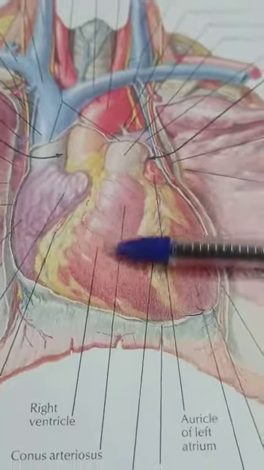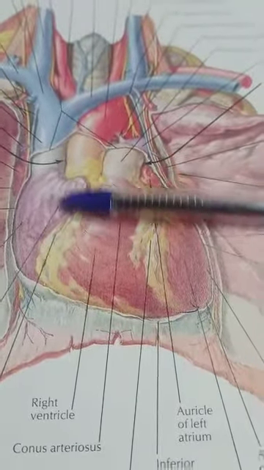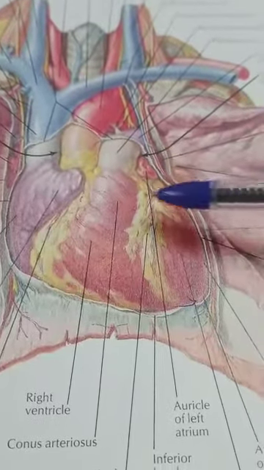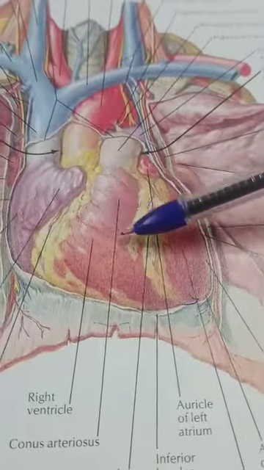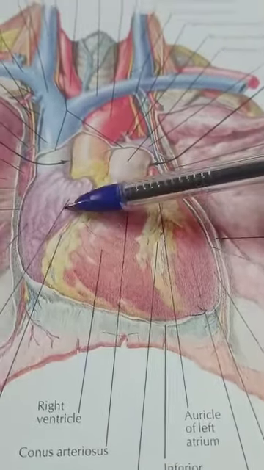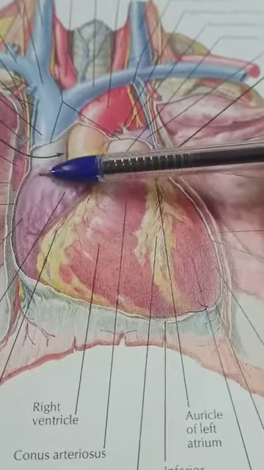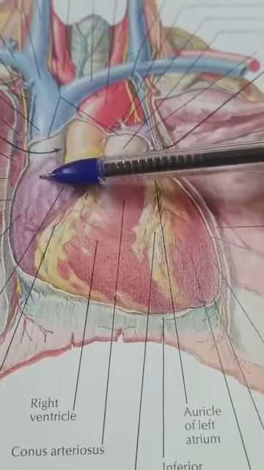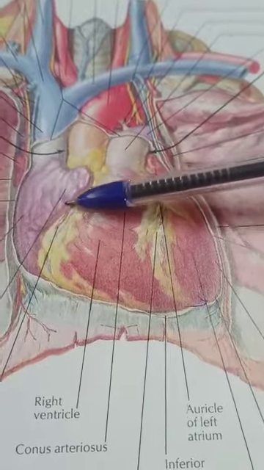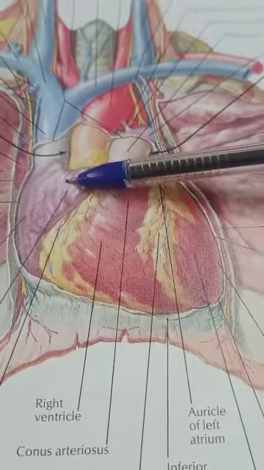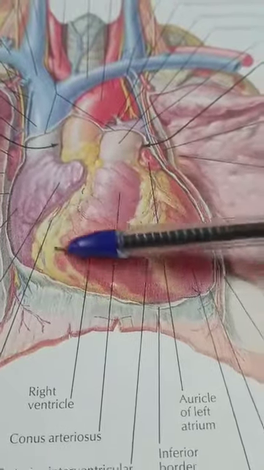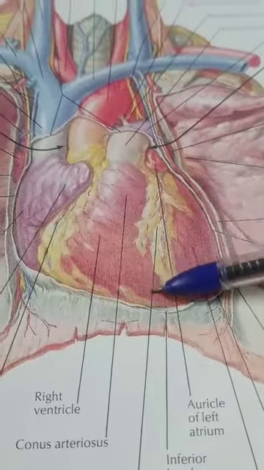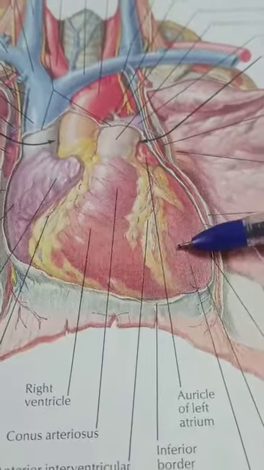So this is the anterior surface of the heart, which is known as the sternocostal surface, and here we can see the chambers of the heart. Towards this right end, this purple color, this is our right atrium. The right atrium has a small ear-like projection, known as the right auricle, and this is our right ventricle. This is the left ventricle.